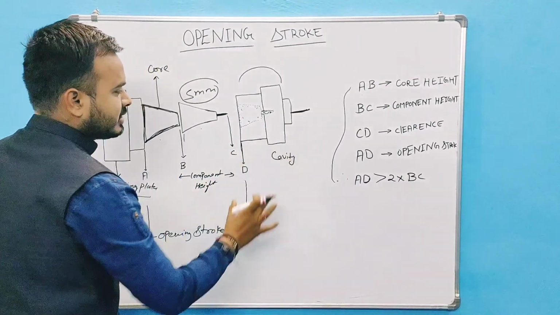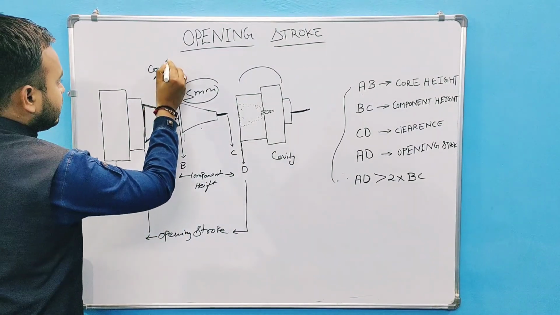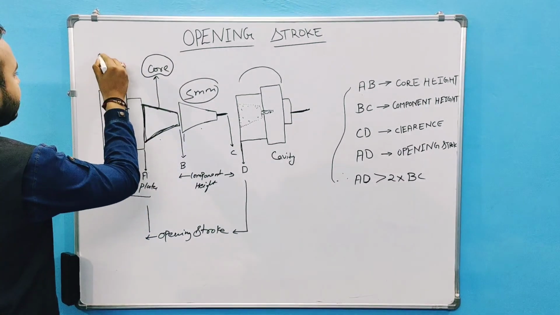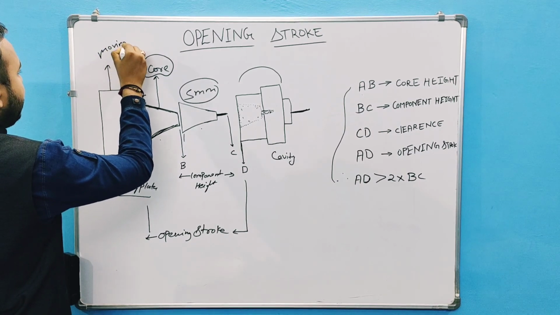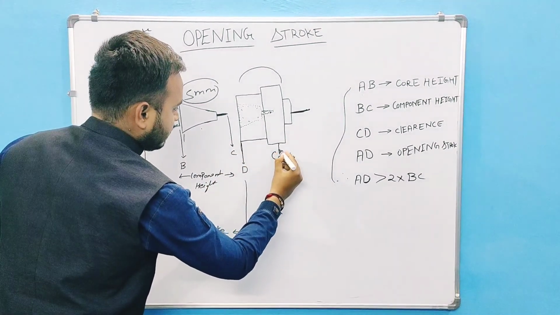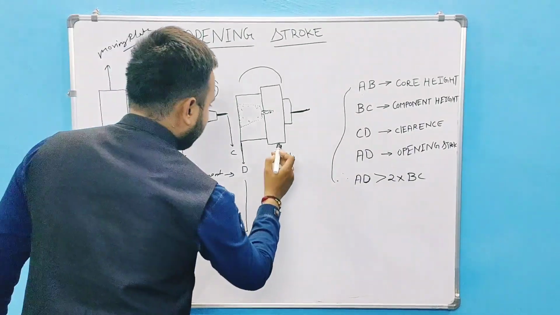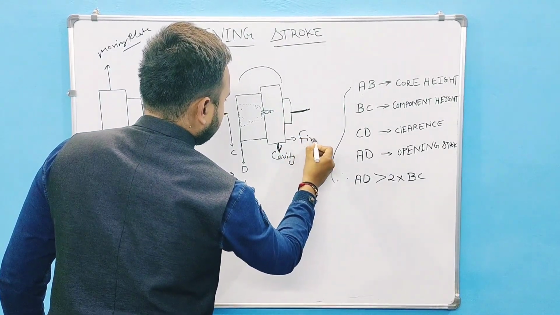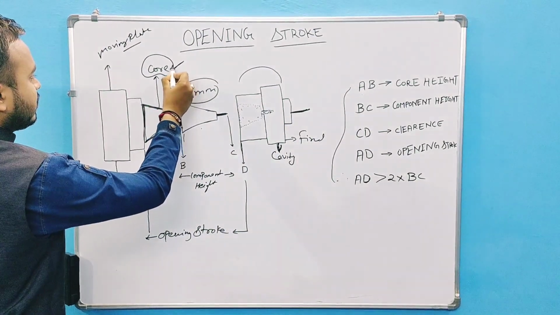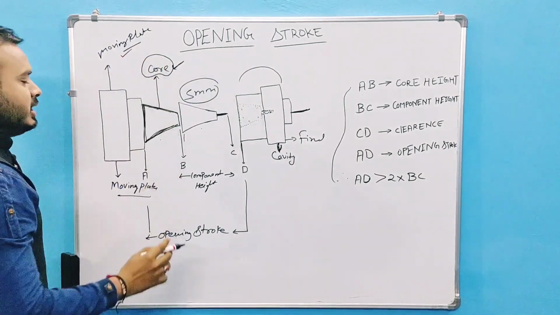So this is the cavity section of your mold. This is the core system. This is the core plate, and here is the core, and now this is the moving plate. It is called the moving plate because this plate moves. The cavity section doesn't move. It's permanently fixed. The core part has been attached to the moving plate and it continuously moves.